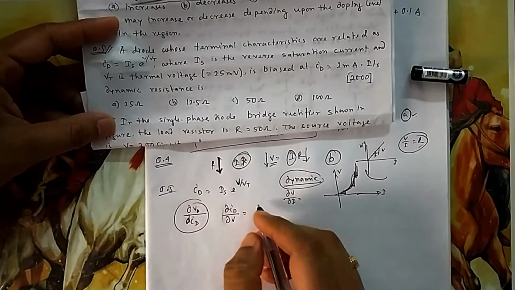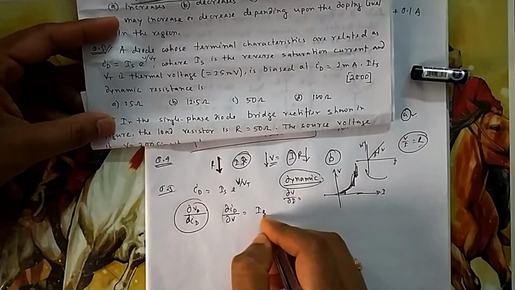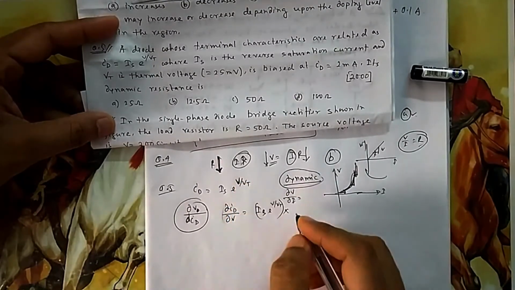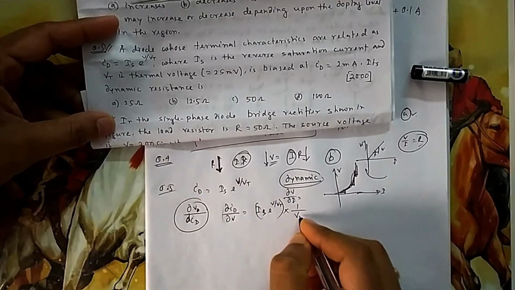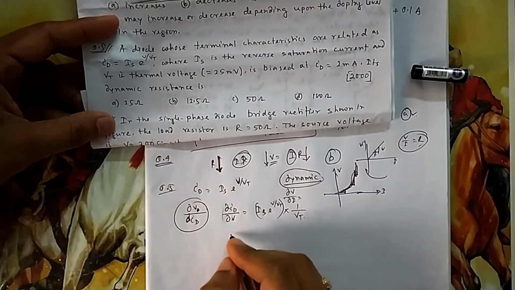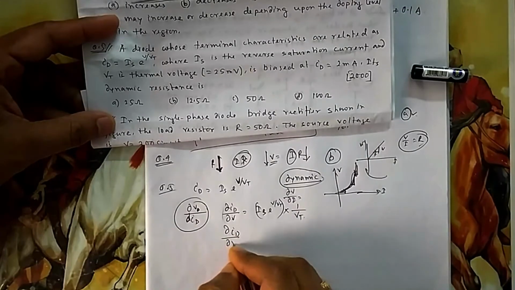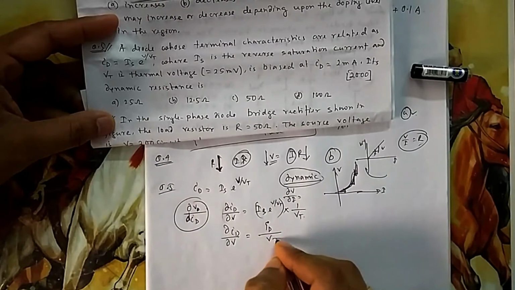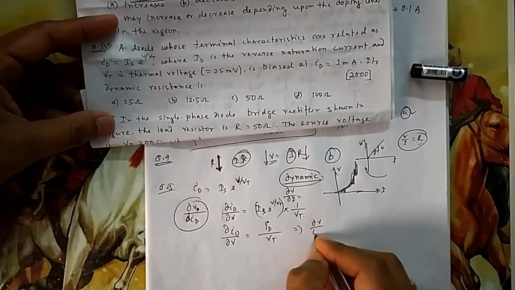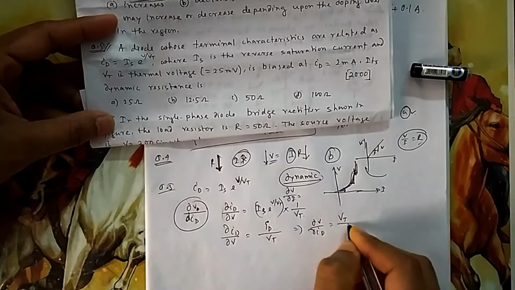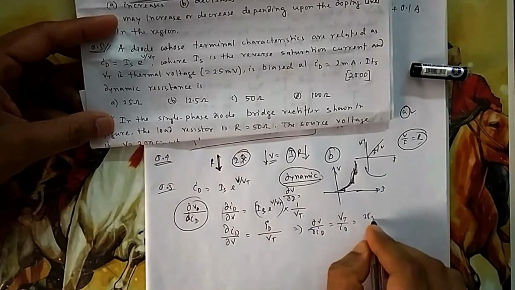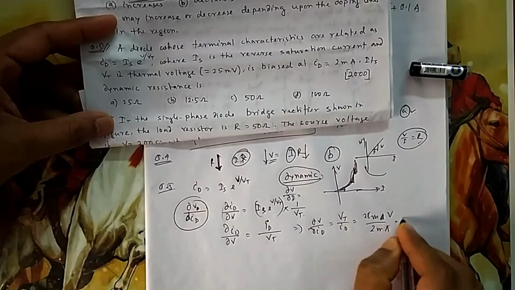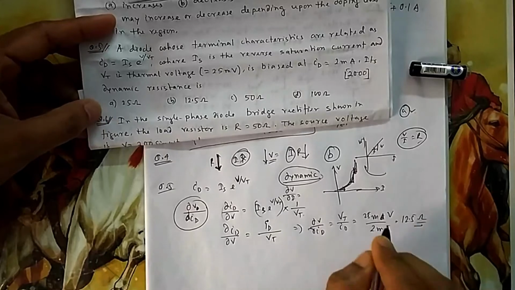So if I differentiate it, what it will be: Is e to the power V by Vt, differentiation of e to the power x is e to the power x, and if you take differentiation of this one, this will be 1 by Vt. So dId by dV is equal to, this one is simply your ID, the same thing returns here, divided by Vt, or you can say dV by dId is equal to Vt by Id. Now Vt they have given 25 millivolt, and Id is 2 milliampere. So milli will get cancelled, you will get 12.5 ohm. So that's your answer option.